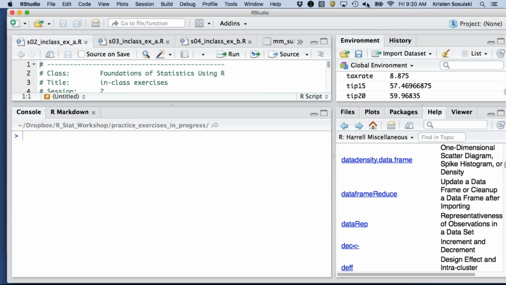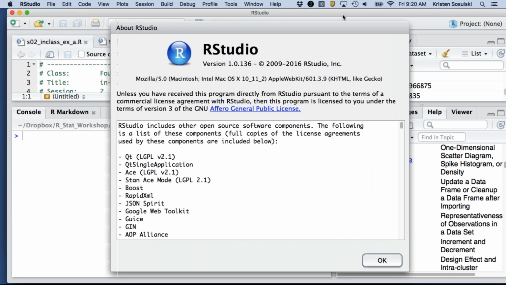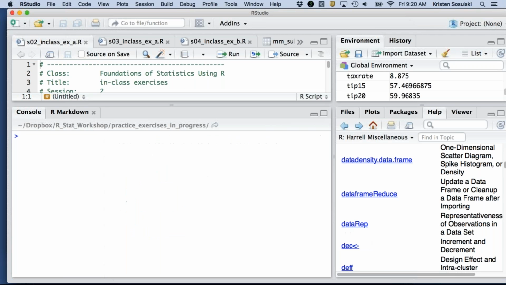So there's a few things. If you are using the latest version of RStudio, so I'm using 1.0.136, there's a few things to note. When you're importing your data, like your CSV file, you can use this button called Import Dataset. If you do that, that data set's going to be a type called Tibble, T-I-B-B-L-E. Sounds weird, but